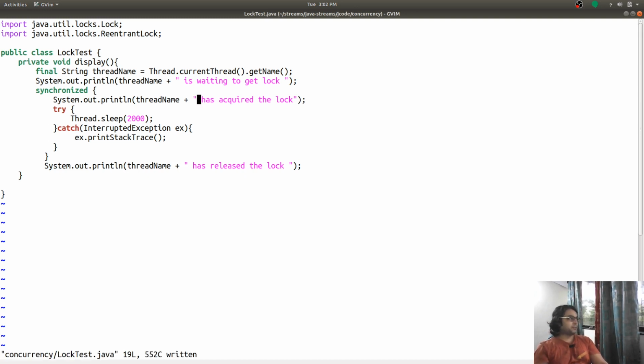So I have put these statements inside the function to know that a thread is acquiring or releasing a lock. So let us run this code by creating a main function to start all this.